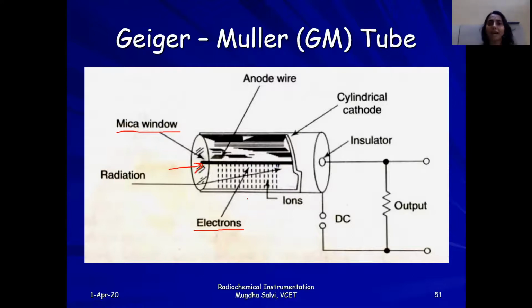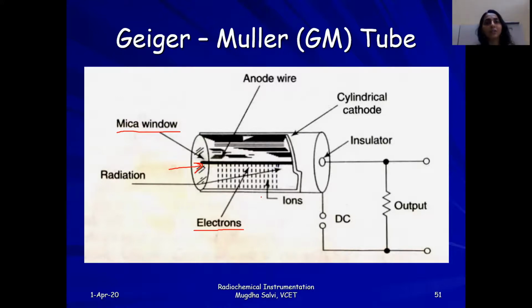When they are moving with a very high velocity, they collide with other atoms, ionize them, thus creating more number of electron ion pairs. Now, when more number of electron ion pairs are generated, there will be something called as an avalanche. You remember the avalanche effect, which is there in diodes also, wherein there is a huge current flowing suddenly. So such an avalanche occurs in a GM tube. In proportional counters, that avalanche is called a Townsend avalanche.